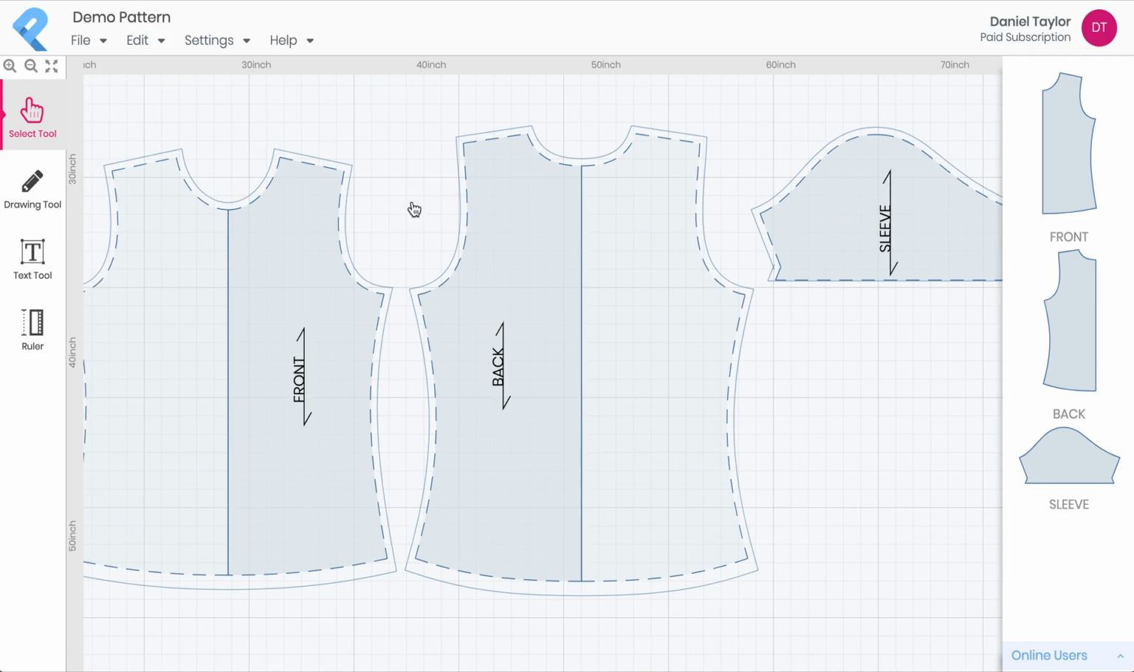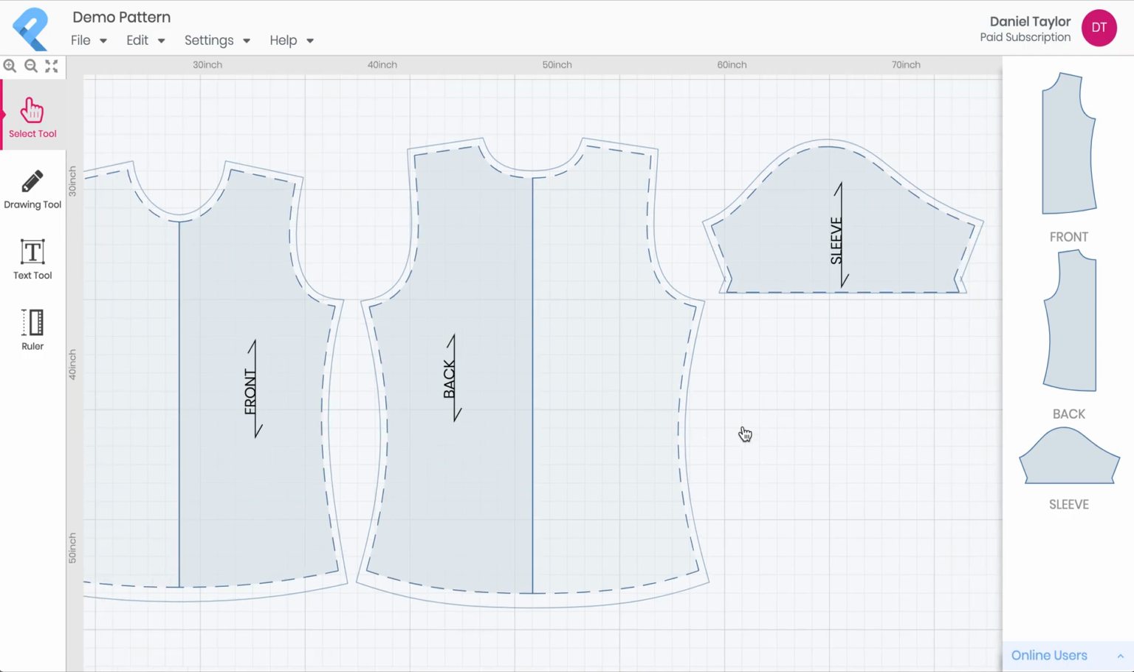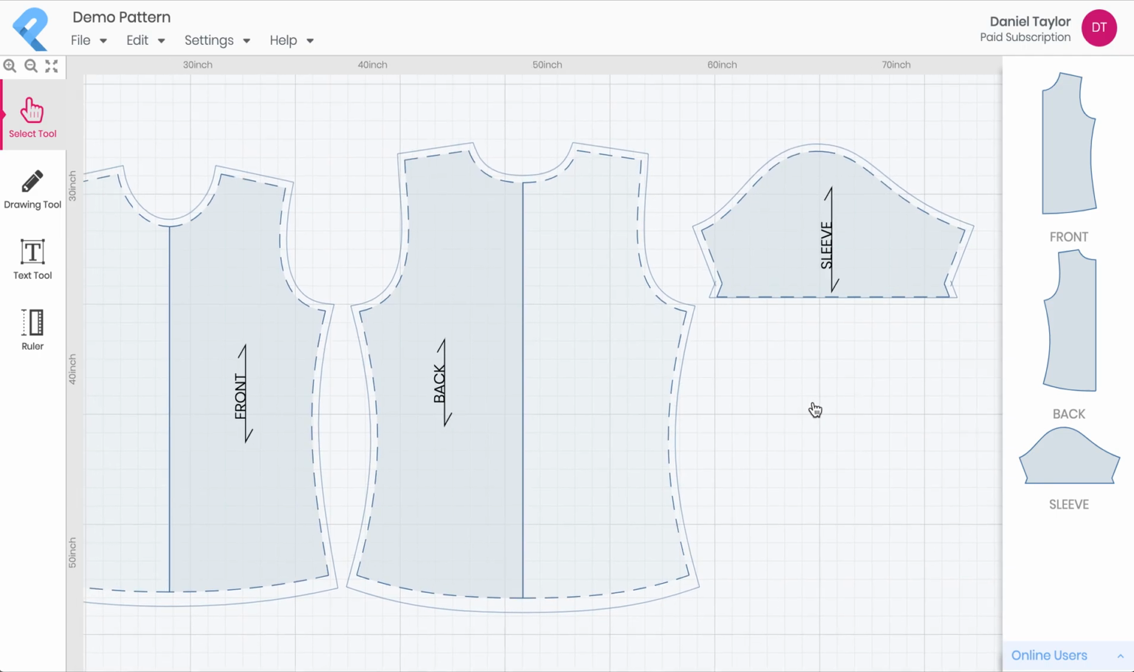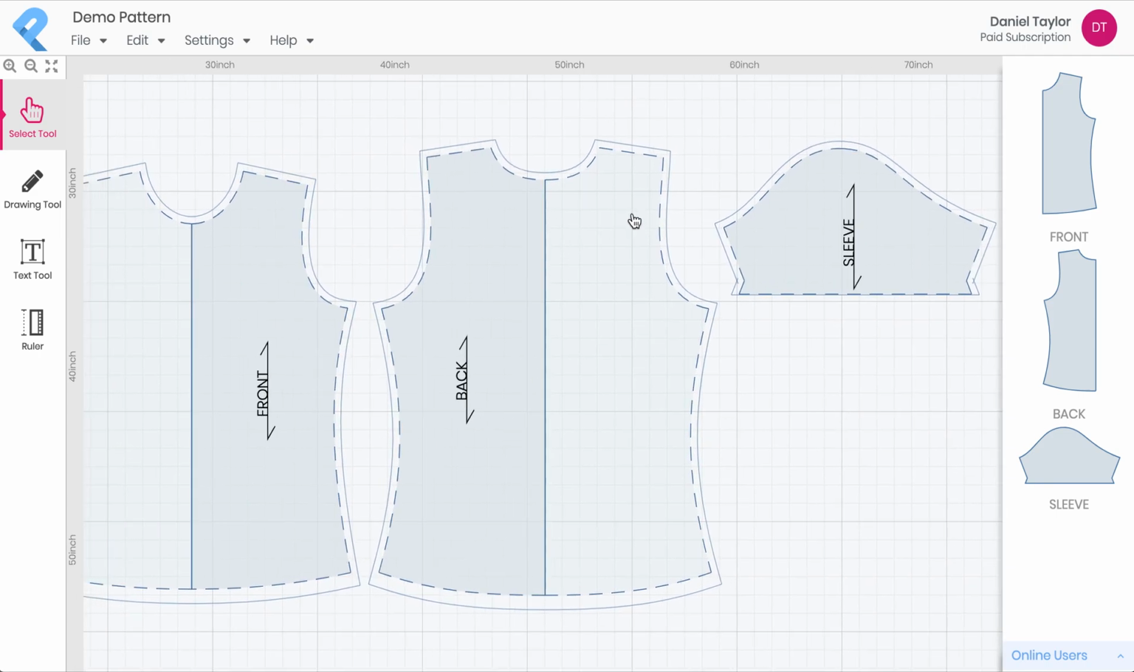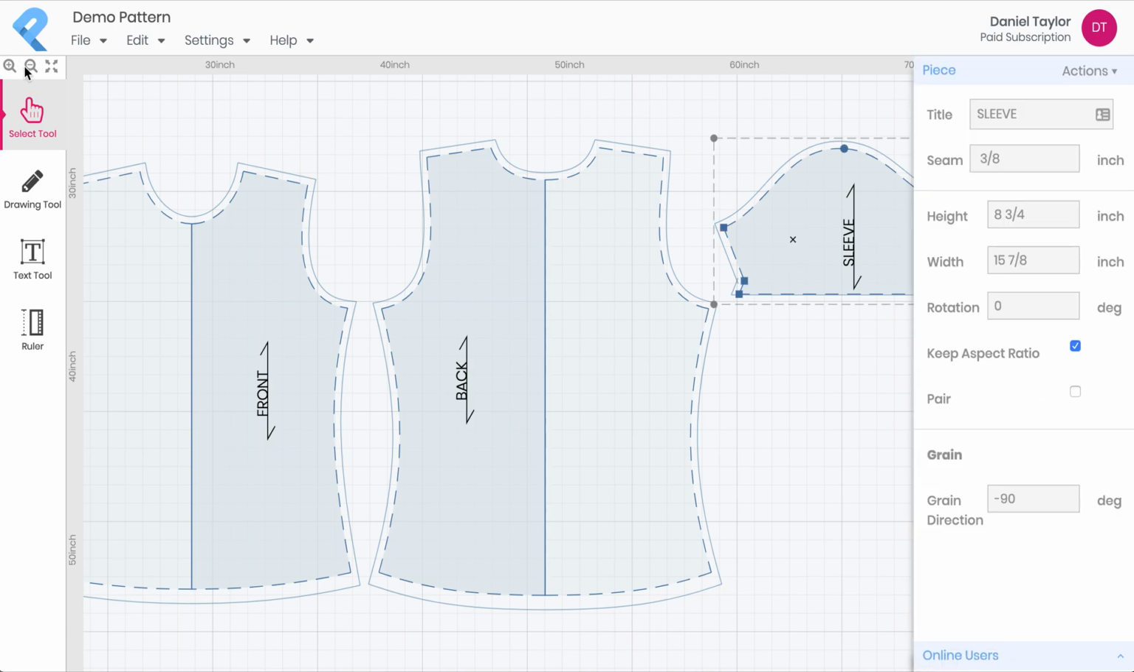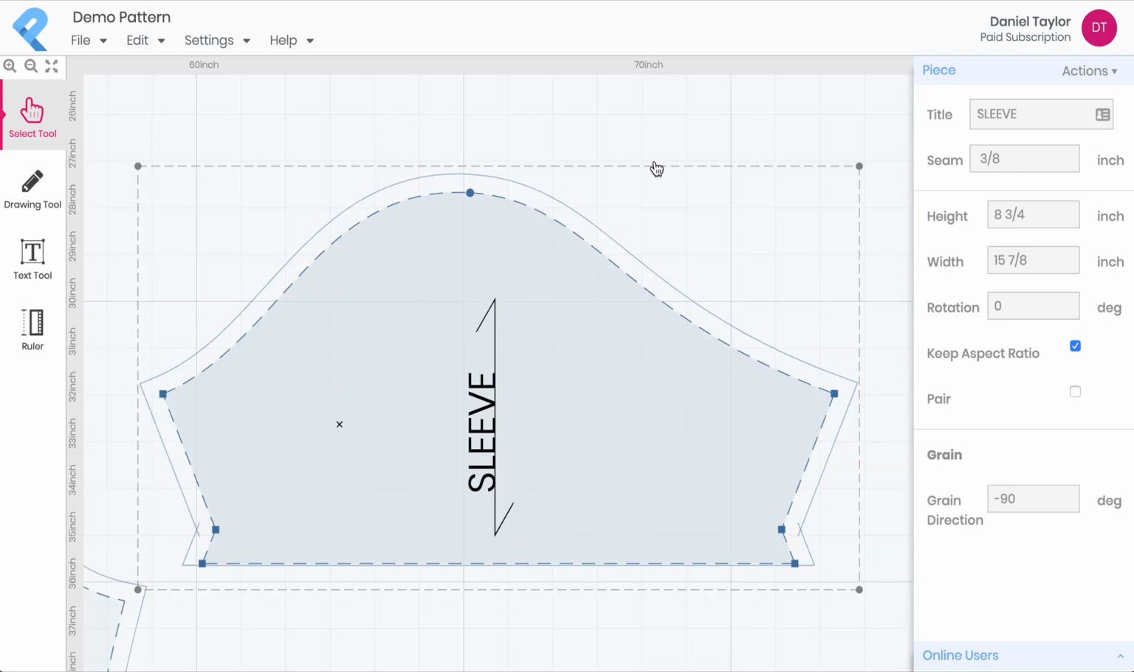Today, in this tutorial, we're going to talk about seam allowance. Now, if you've registered, then you should have one of the demo patterns in front of you, and you can see that almost all of them have seam allowance applied. That's just the way things are, but we can easily modify it. So I'm going to click the sleeve there and click zoom in, just so that we can get a better